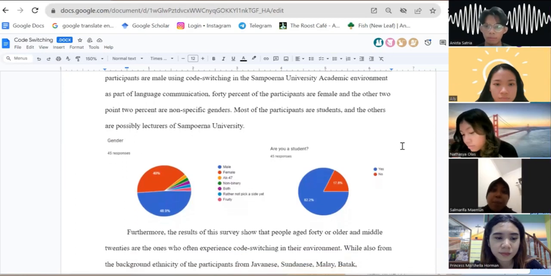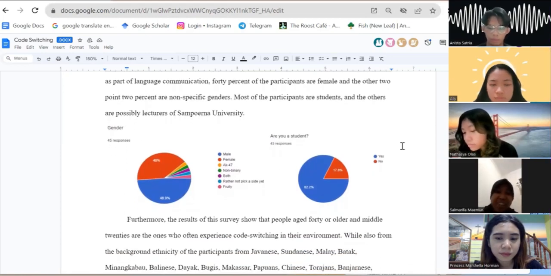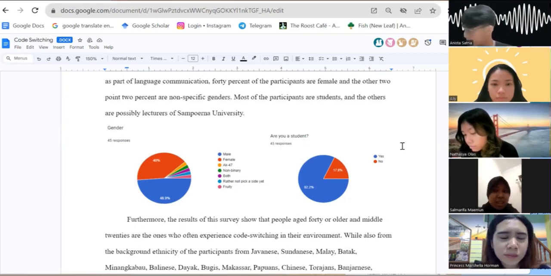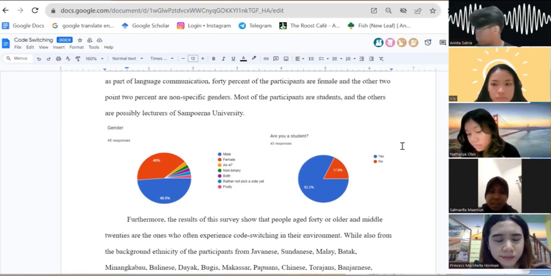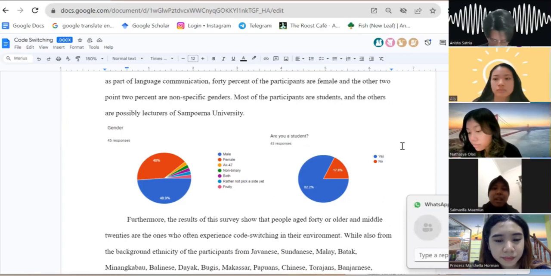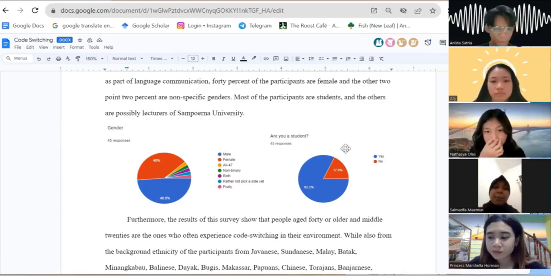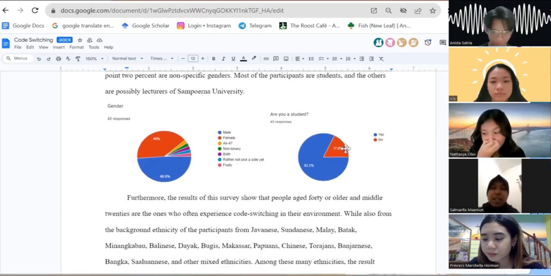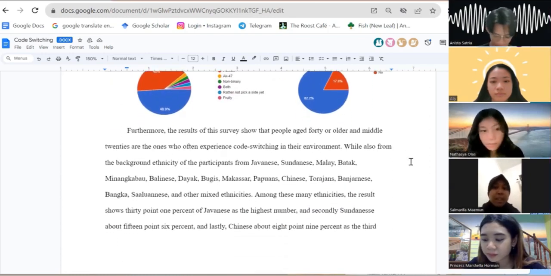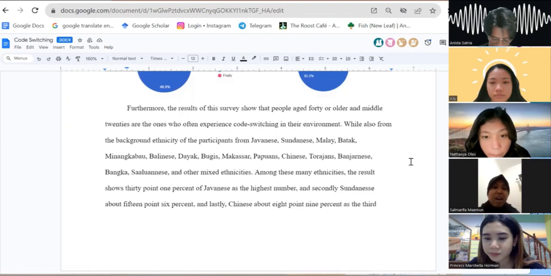And 40% of the participants are female, and the other 2.2% are non-specific genders. Most of the participants here are students, and the others are possibly lecturers of Sampoerna University. Furthermore, the results of this survey show that people aged 40 or older and in their middle 20s are the ones who often experience code switching in their environment, while the background ethnicity of the participants includes Javanese, Sundanese,